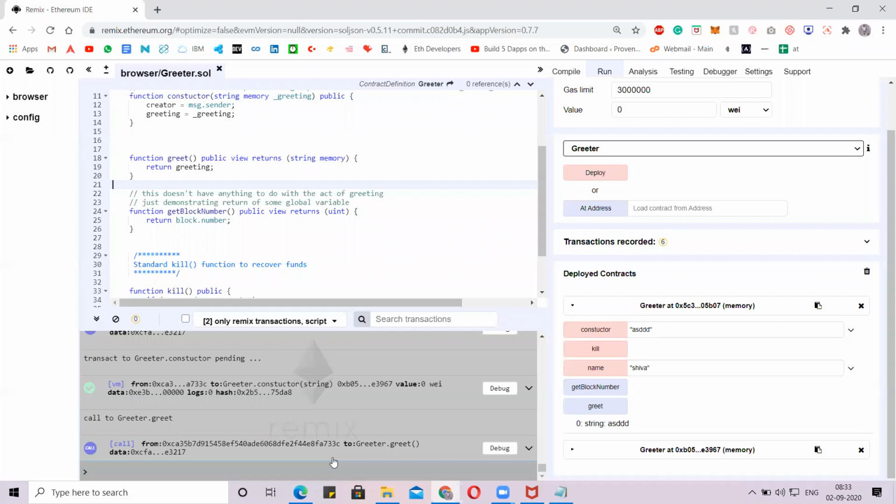Rohit, global variables are declared outside the function because they can be called anywhere in the contract. That's the reason we call them global variables.